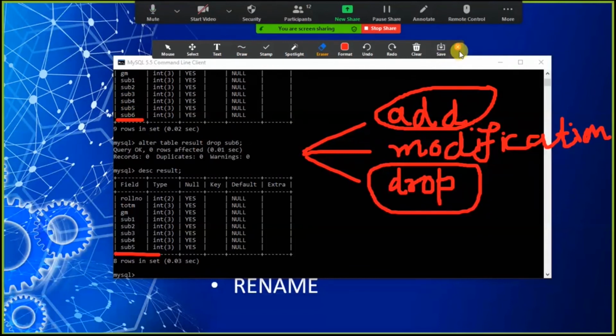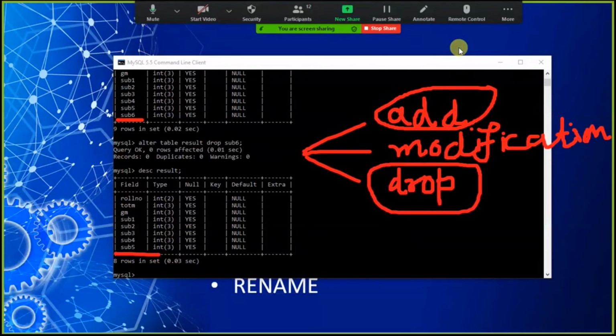Okay, I hope you guys do not have any problem with these 2 sub commands of alter. The last command is modify.